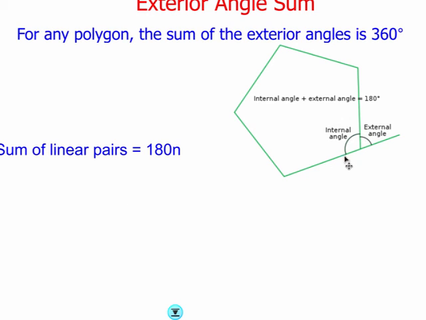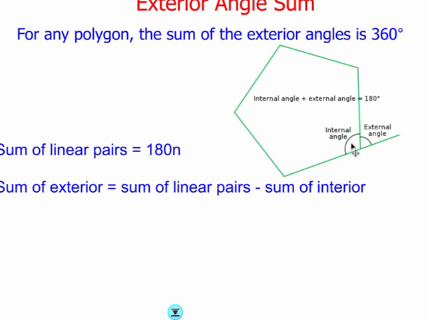Now, if I've got n pairs, I've got one pair for each side. So I've got this pair, a pair here, a pair here, a pair here, and a pair here. The sum of all of those linear pairs is just 180 times n. I've got n linear pairs, they all add up to 180. So if I want to find the sum of just the exterior angles, well, that's going to be the sum of the linear pairs